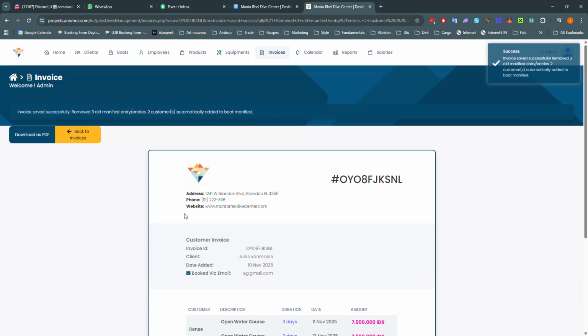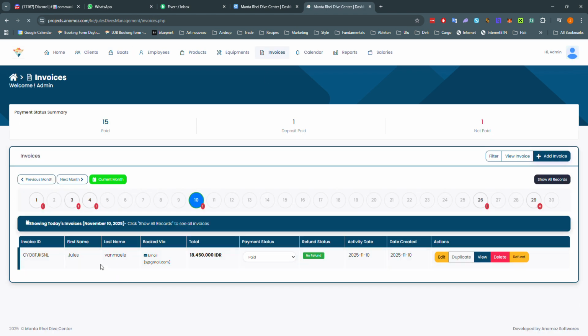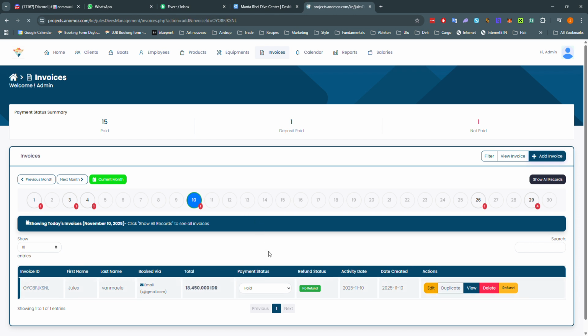This is all good. Basically, I'll go straight into the boat list. For the 10th, I've actually made the 3 boat lists that we're going to use the most. And what I would like is that I am able to designate the boat the person is going to be on from the invoice. So if I go back to the invoice that I just made, basically